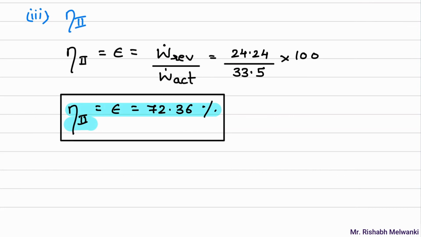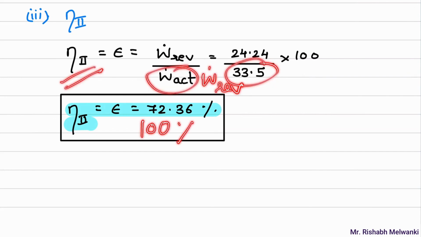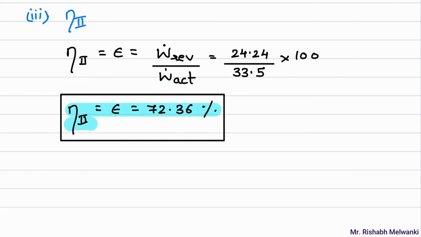And once the actual engine becomes a reversible engine, meaning here also you will have reversible, in that case the second law efficiency will become 100%. Meaning our actual power has reached the reversible or minimum power. But that is not actually possible. This is just the ideal power, this is just a target. We can go near to the target, but we cannot achieve exactly this value. But we will get a target from this. That is why we study this in thermodynamics.